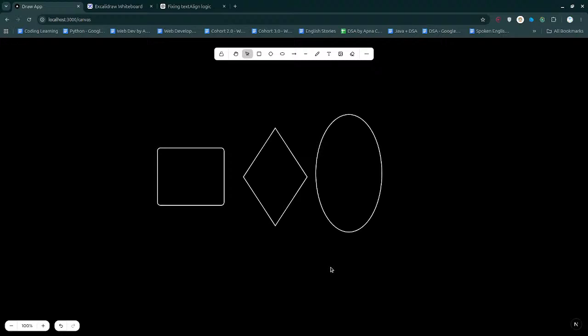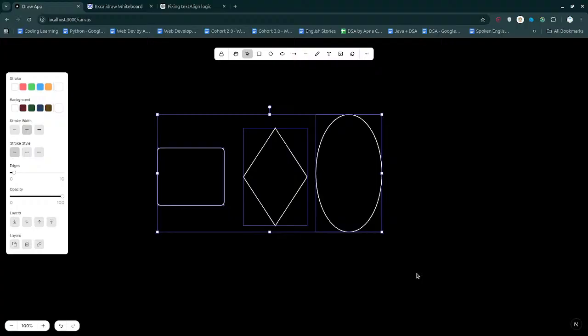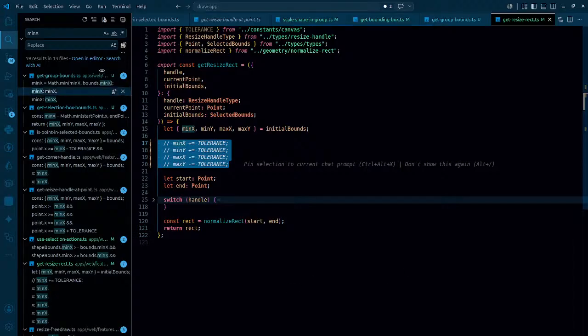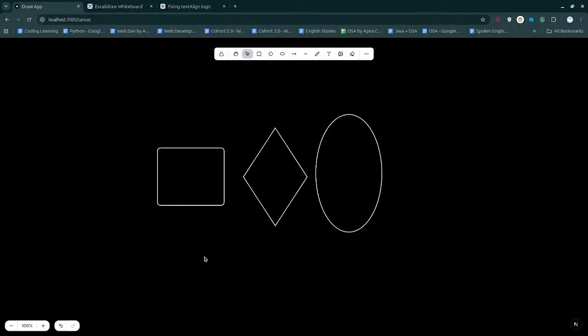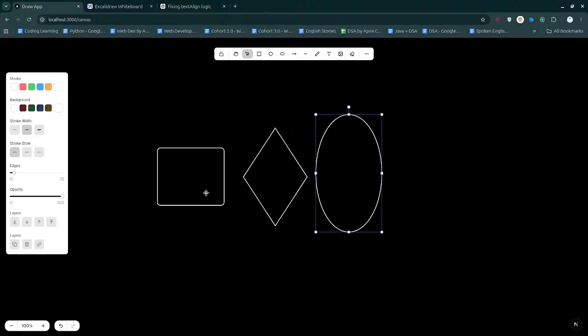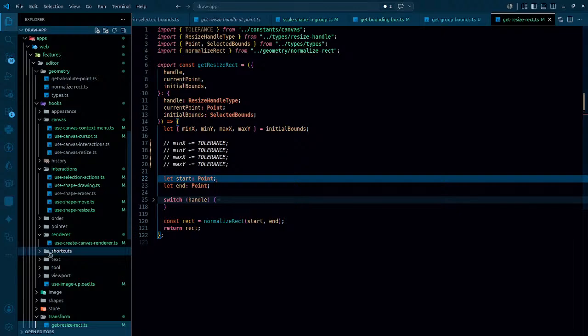So the next thing that we have to do, we have to have the bounce now, because even though we have the bounce, there is no tolerance. So it's time to add the tolerance in such a way that it's actually working. Okay, so let's just simply do that. When it comes to adding the tolerance, we have to add the tolerance for every shape. First of all, this simply means whenever we are getting the bounce,